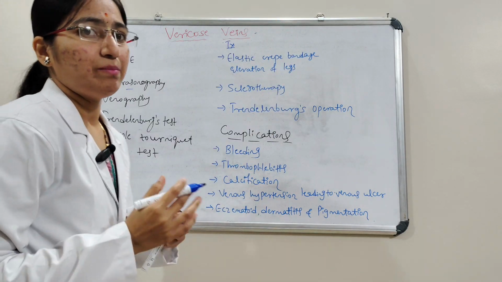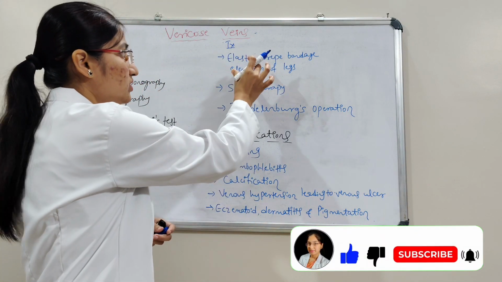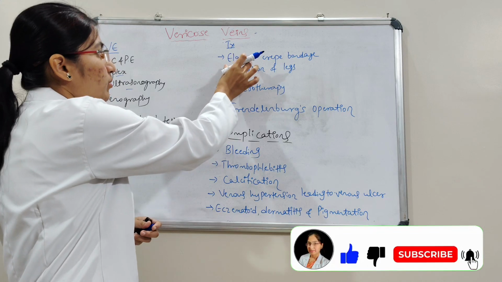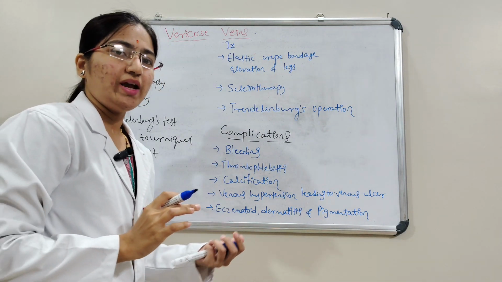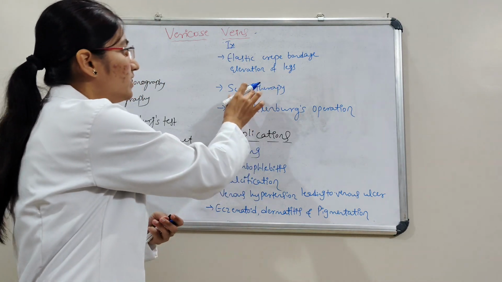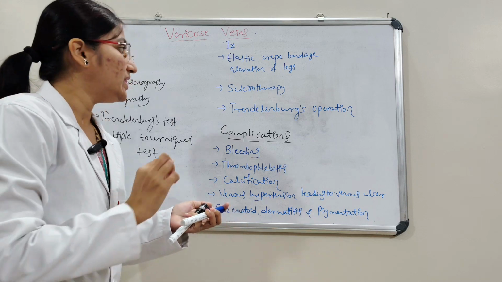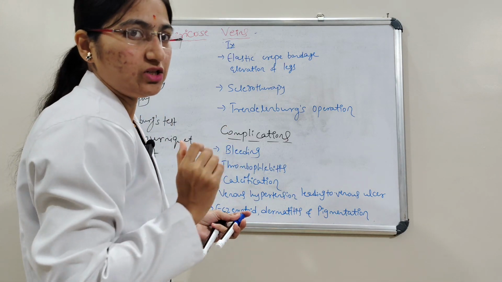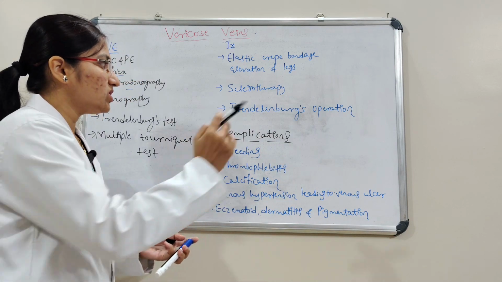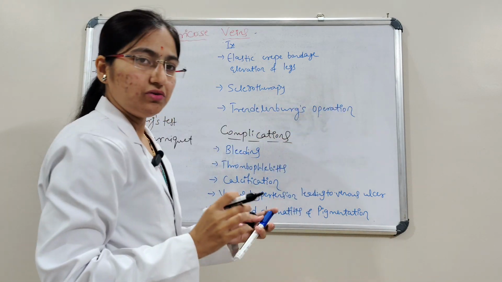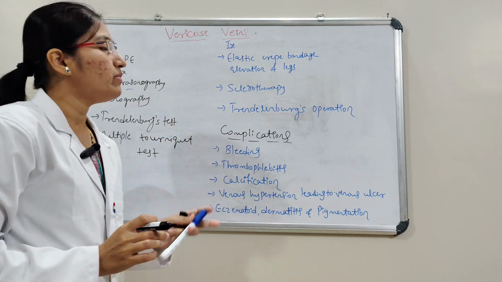And then next we'll see the management, treatment. It is conservative in asymptomatic cases, that is providing elastic crepe bandage and then elevation of legs. And after that, the injection line of treatment. In that, sclerotherapy. In sclerotherapy, veins are punctured with a syringe containing a sclerosant agent. That vein shrinks. That is sclerotherapy. And then next, surgery, that is Trendelenburg's operation, we can suggest. This is all about the management for varicose veins.